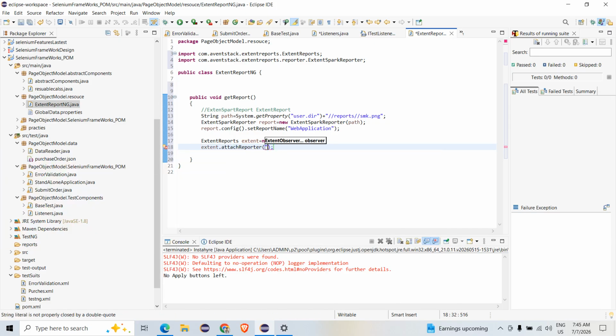Here you should paste that, then only it will be applicable. Next,